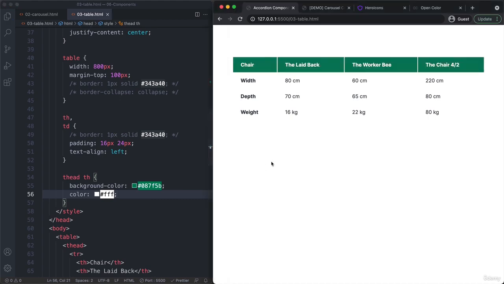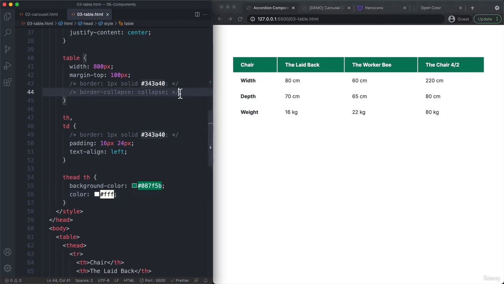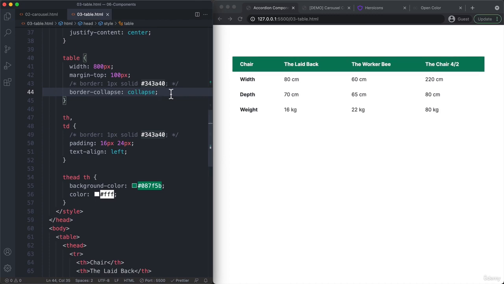Okay, so that is starting to look better and better. Now we have this issue that we have kind of these invisible borders here, basically between these cells. And in order to fix that, we actually need to make them disappear by turning this one here back on. So we do, in fact, always need this border collapse here set to collapse. All right. And so now, since we didn't specify any borders, then these invisible borders that we had here before